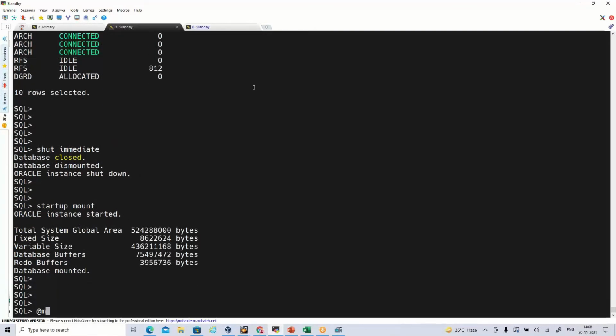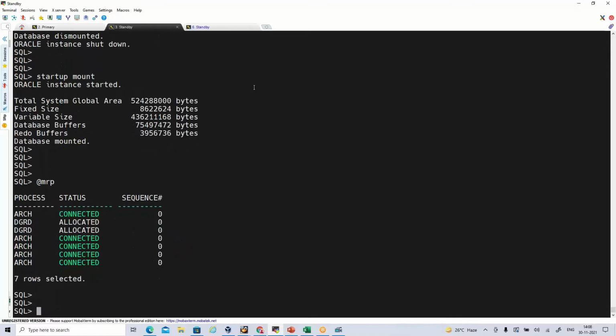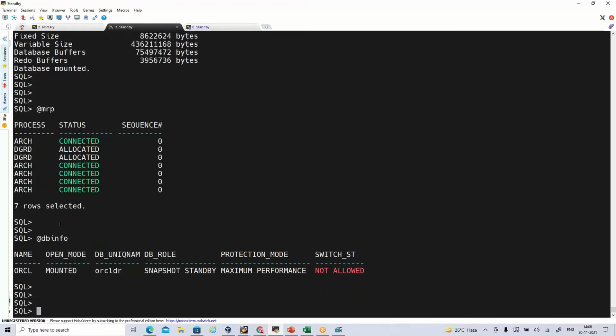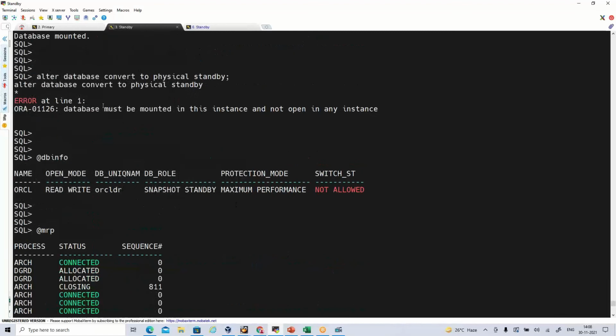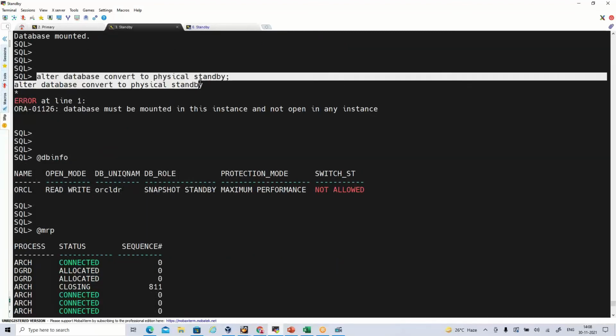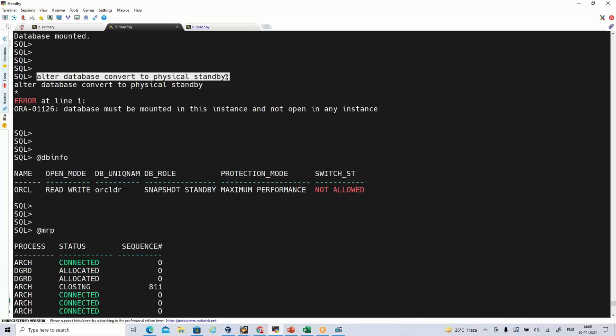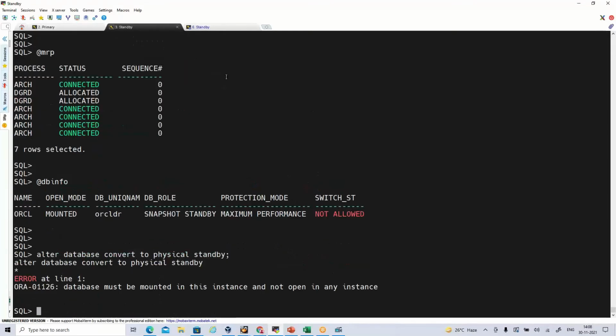Let's check whether the MRP is running or not. Okay, it's mounted right now. So that was the problem. It was not mounted. So now let's run the command to convert to the physical standby. Alter database convert to